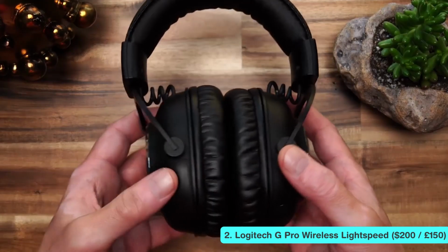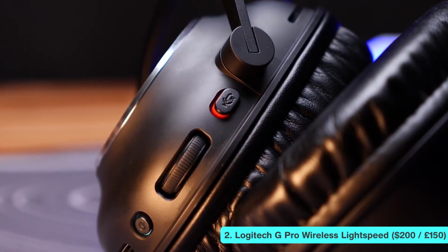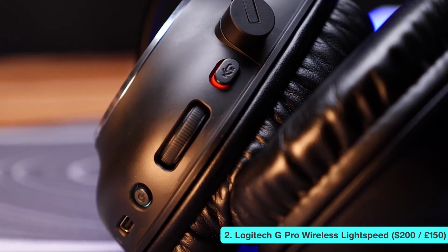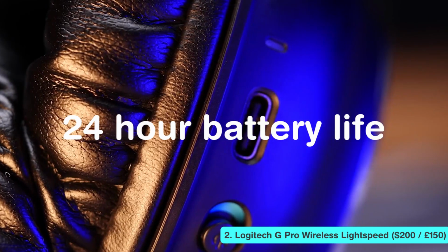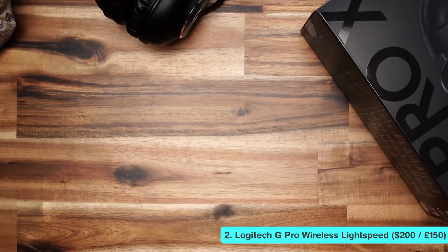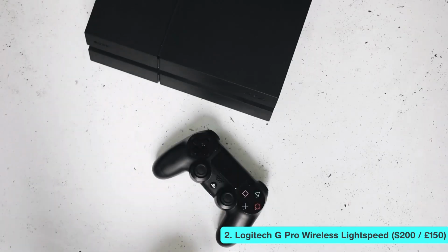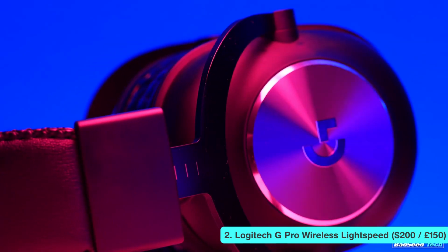In terms of comfort, this headset is fantastic, all credit due to their leatherette memory foam pads that surround the cups and the arc. Pair that with a 24-hour battery life, and you've got a headset that will survive through those long gaming sessions. Unfortunately though, if you're an Xbox user, then you won't be able to benefit from that, as only PlayStation, PC,